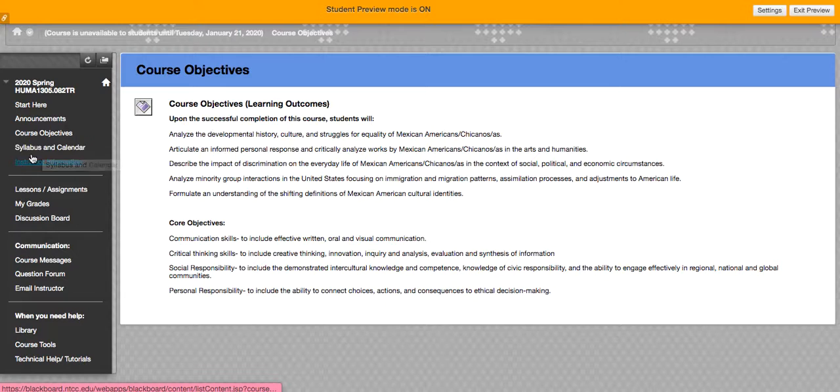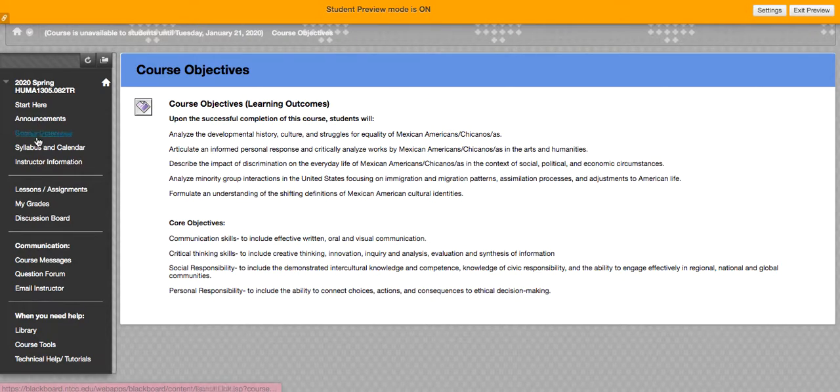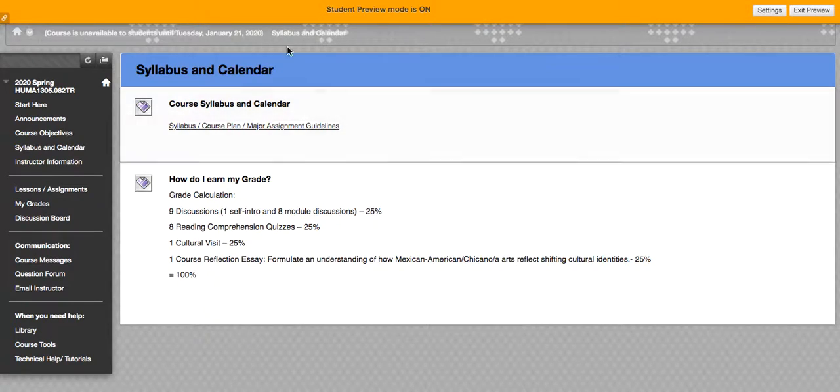They're also in the syllabus, but that's just kind of what the scope of this class is. And then you also have the syllabus and calendar here, which I'll also post in the announcements, so you can get to it there as well. So I'll email it to you, try to make it really obvious.